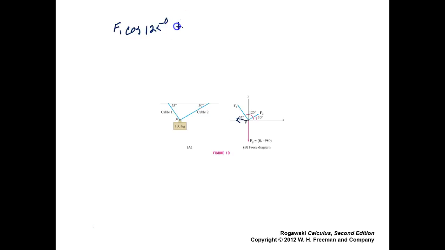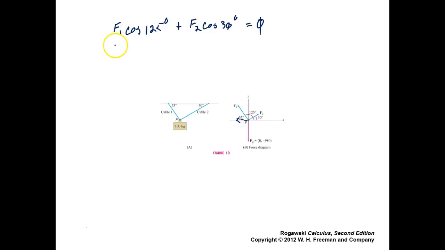Okay? Plus, and what's the X component of F2? It's F2 times the cosine of 30 degrees. Okay? And that's equal to 0, because one is positive, one is negative, they're going to add to 0. It has no third component. Okay? Now, how about the